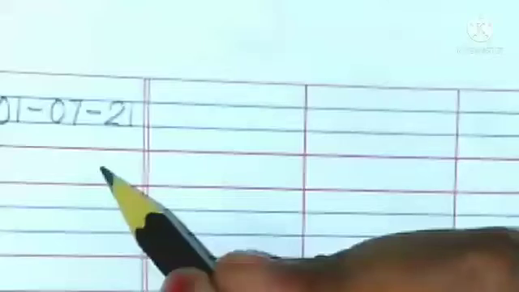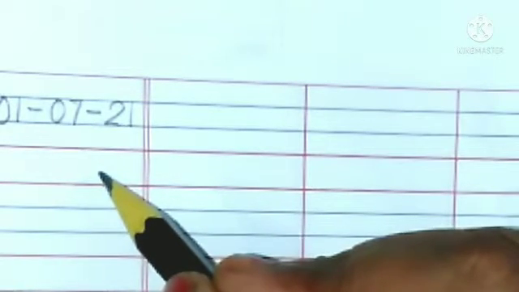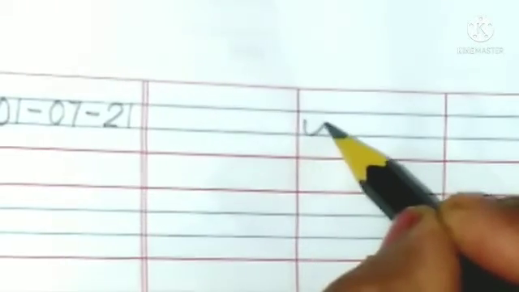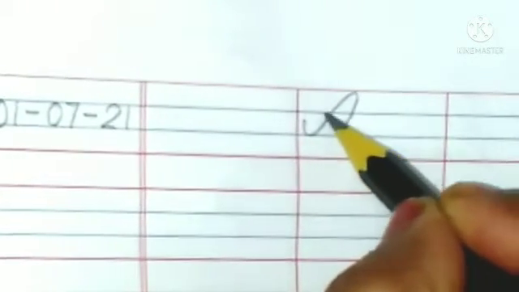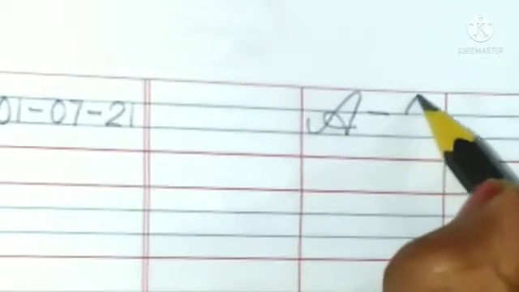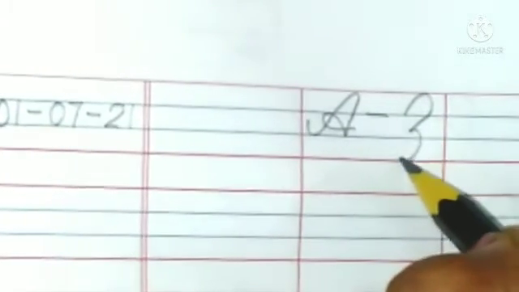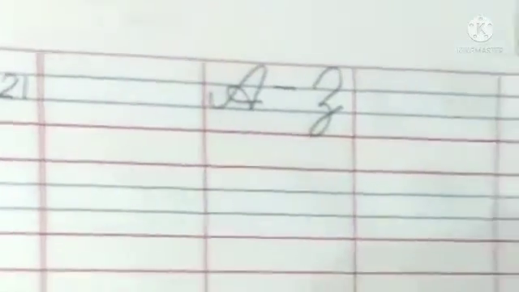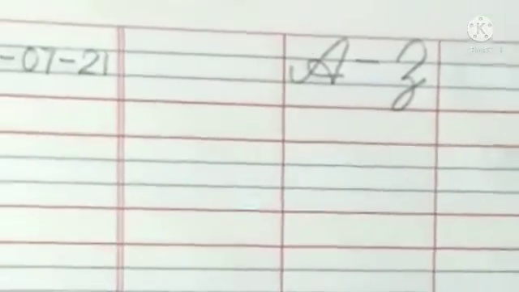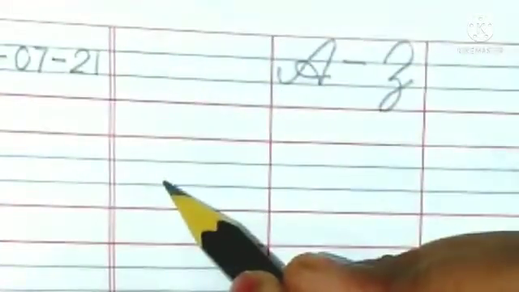Children, when you will do this work, you will put here that date only. Okay beta? Here you will write down heading A to Z. Like this you will put the heading. Here you will write down C dot and W dot. Like this. Class work. Children, nobody will write in the margin line. All of you start writing from here.